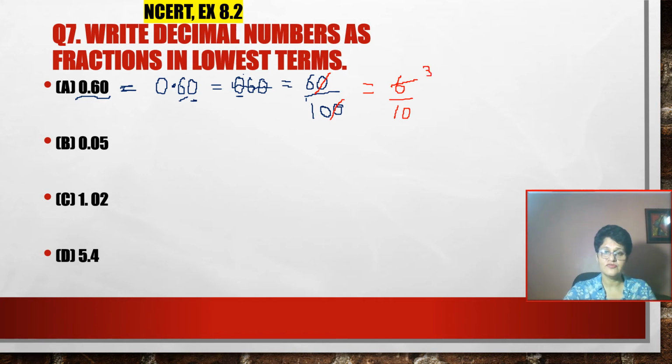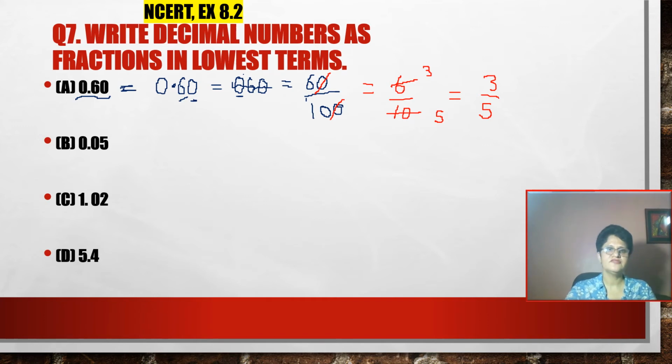And I'll say the table of 2 till I get 10. So 2 ones are 2, 2 twos are 4, 2 threes are 6, 2 fours are 8, and 2 fives are 10. So I'll write here 5. Because 2 fives is 10, I'll write here 5. So my answer will be 3 upon 5, and both of them are prime numbers, meaning now they do not have any common factor. So if you have prime numbers here or you have co-primes, that is where you will stop.